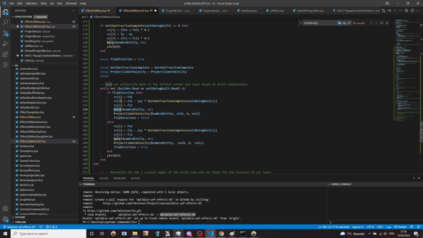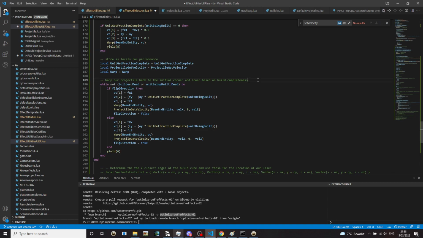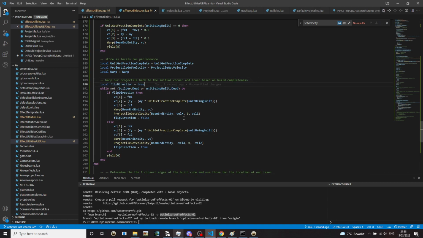And we can cache the warp in here too. So that's all the functions: cache, store as locals for performance. Flip direction is true. Let's make that part of the